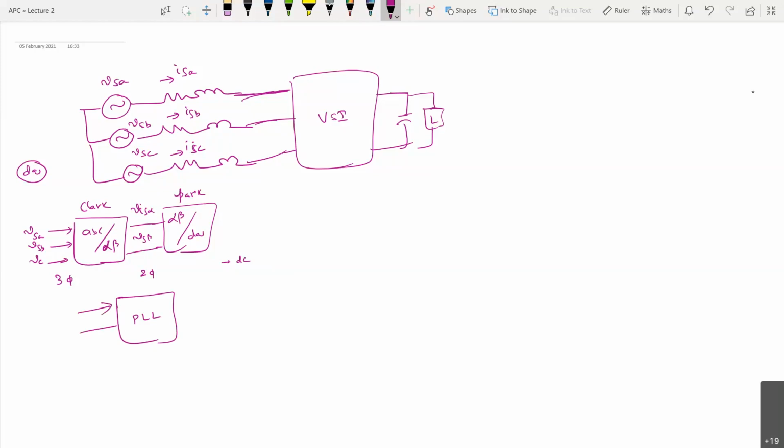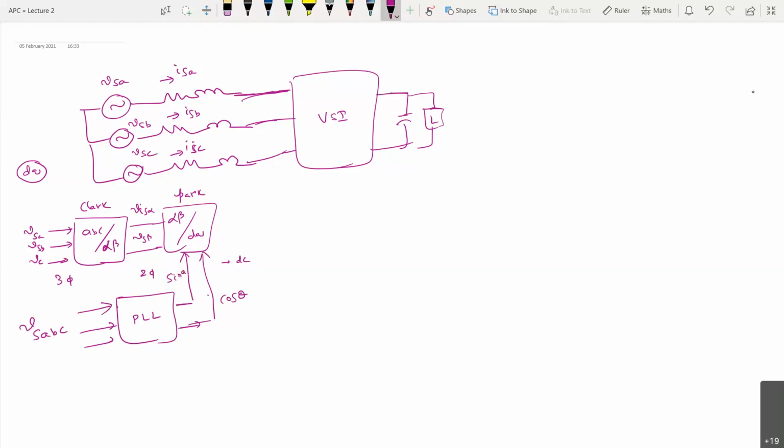Here the inputs are the three phase source voltages, that is VSA, VSB, and VSC. It gives you the two components, the sine theta component and the cos theta component, or simply it gives you theta. These are the additional inputs for this conversion. This is the sine theta term and this is the cos theta term. Is that clear? That's why I asked the question, you have not studied these phase lock loops.